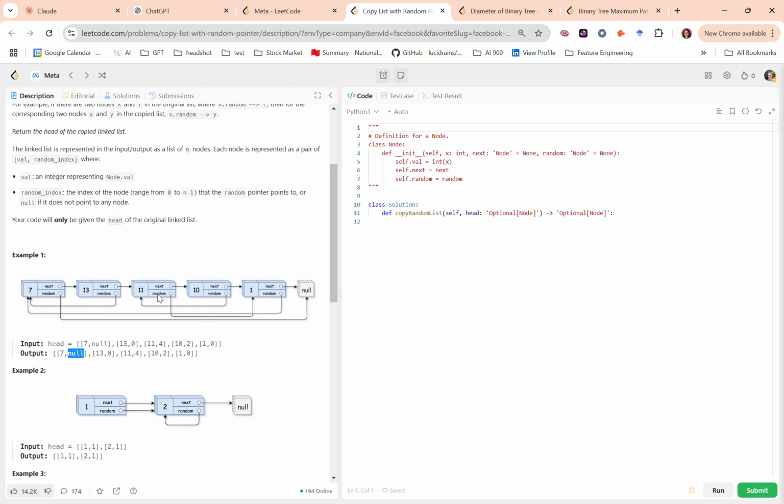And I could technically use a reference between old to new nodes, save reference. This would help me because once the new list is there, I could set random pointers,